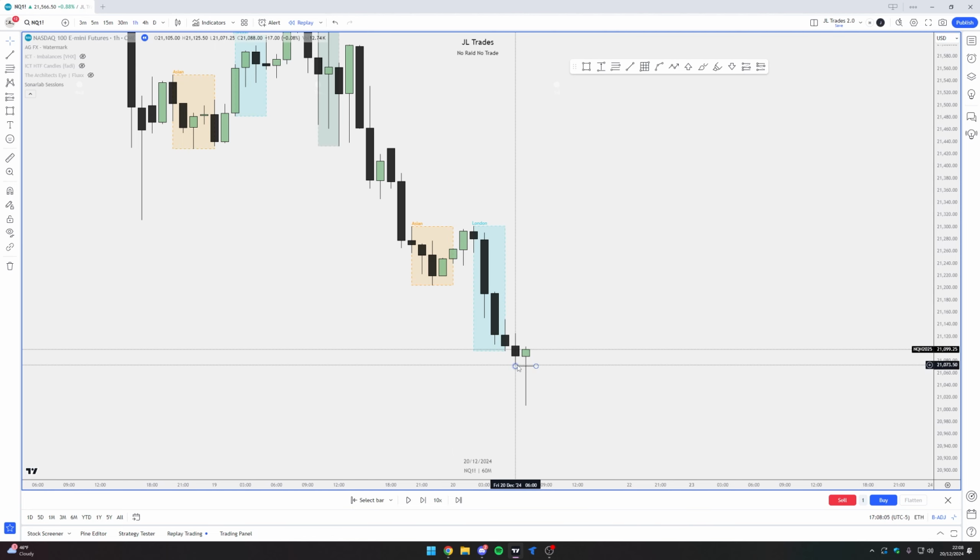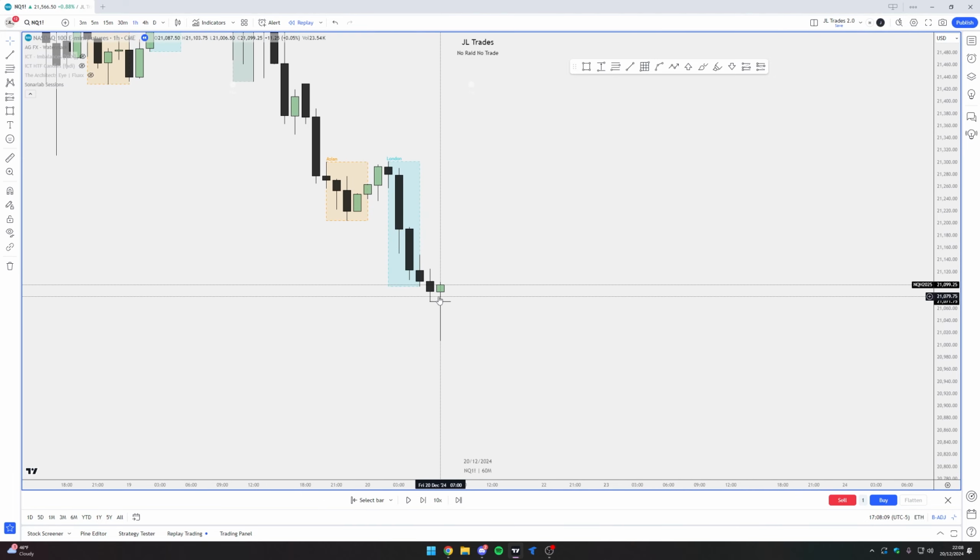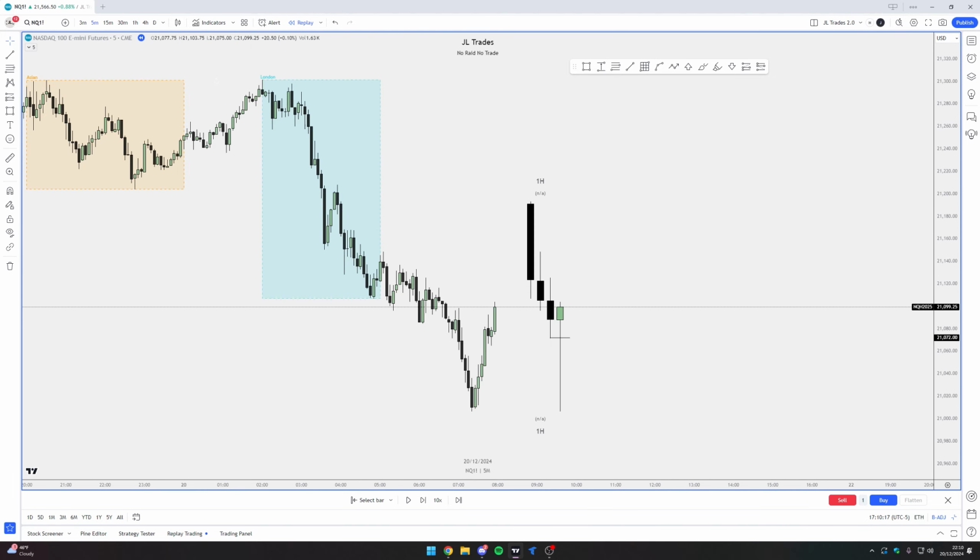This 1 hour candle now takes this low and closes back within the range. Step 1 is now confirmed. We can drop down to the 5. So now that we're on the lower time frame where we're going to enter a trade, which is the 5 minute, this hourly candle closure here, we can identify that we have a change in state of delivery, which is step 2, identifying a change in state of delivery, which is so important